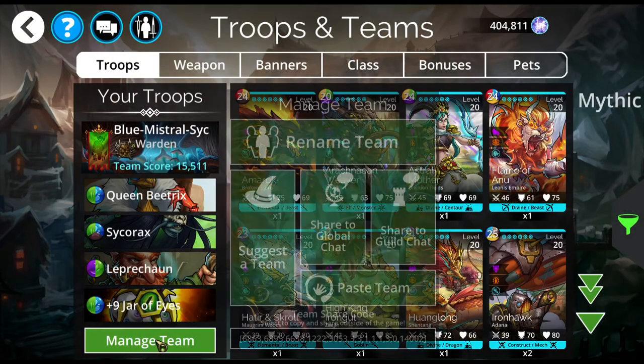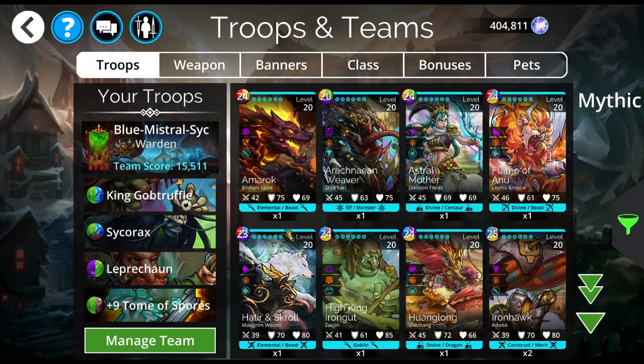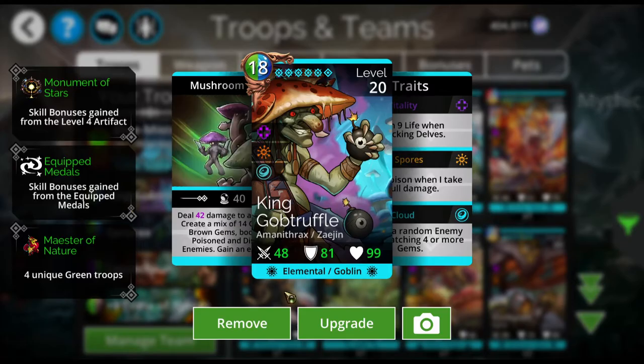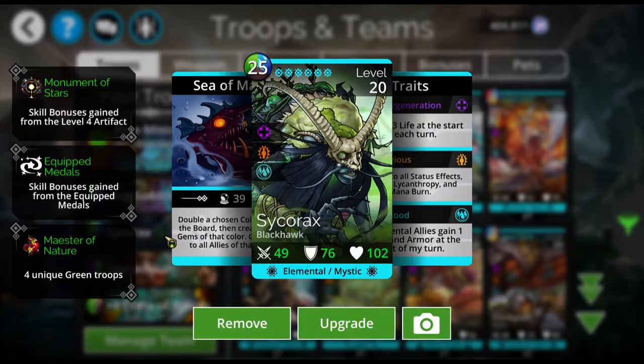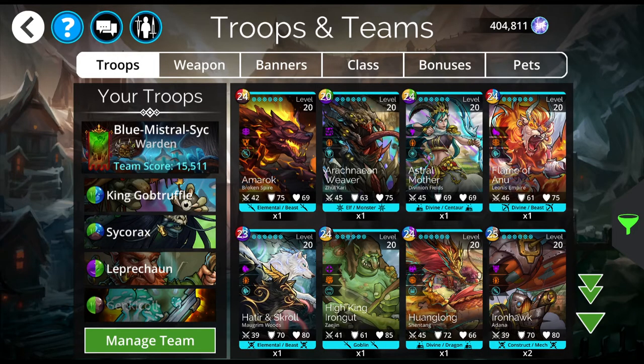It's an even safer team. So, here's what we've got. We've got King Gobtruffle, who, by the way, is an elemental and will benefit from this extra attack and armor at the start of the turn. Very nice. It's the same kind of idea as before,